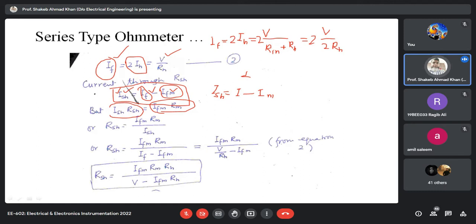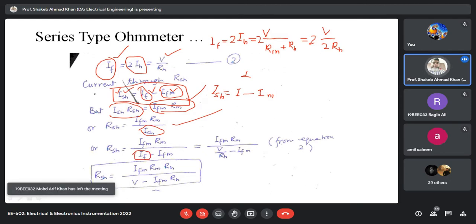Now using these two equations, we can write RSH is equal to this. Then we'll write this parameter here; the denominator ISH we will put as this. So it will become this. Then as RSH is equal to IFM, then we can write IF is equal to